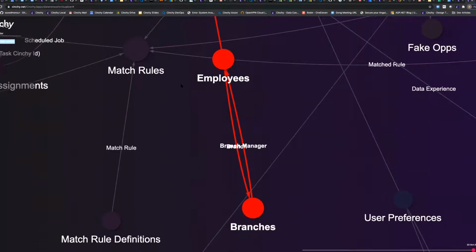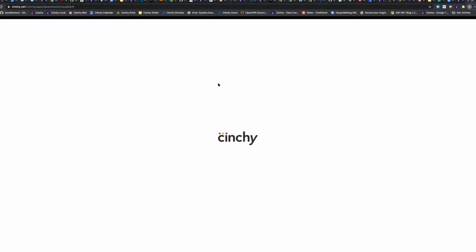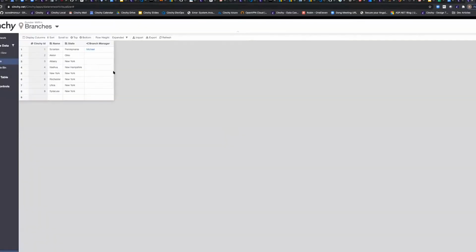Inside of this, for demo purposes, I've actually created two data sets inside of a Dunder Mifflin domain. Right? So one of these data sets is the branches. This table here contains information about all of the branches of Dunder Mifflin as an organization. It has the name of the various branches, what state it belongs in, and who the branch manager is, with that branch manager now being a link back to an employee record.